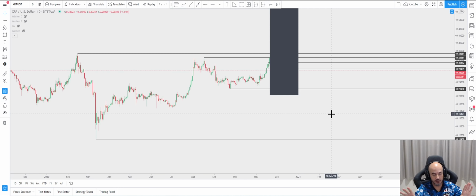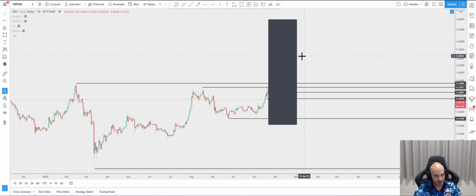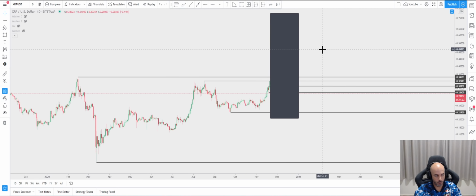The fact is we are not going down below the previous bull break that we saw back in 2017, which is a range from 6 cents to below 1 cent. So these are the numbers we have right now. I believe at this point you guys are starting to see what I'm looking at here. So this whole theory.